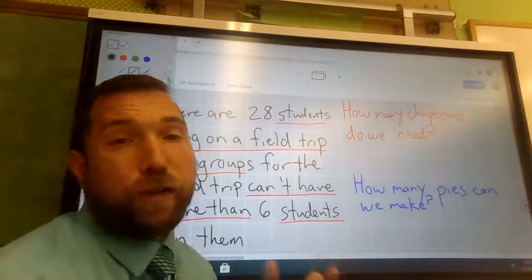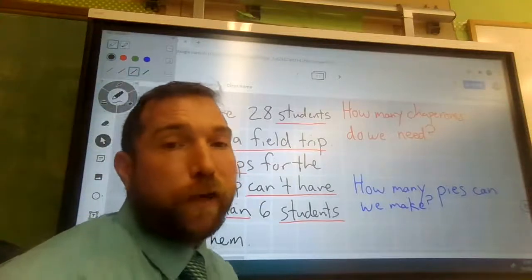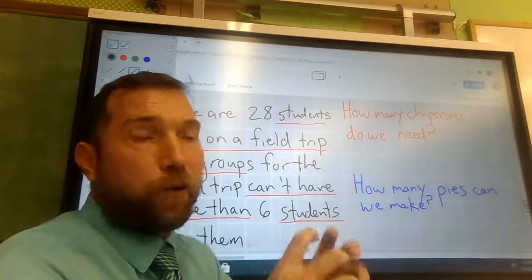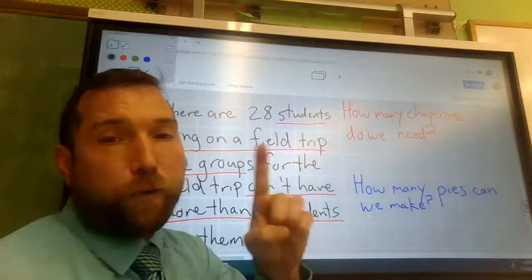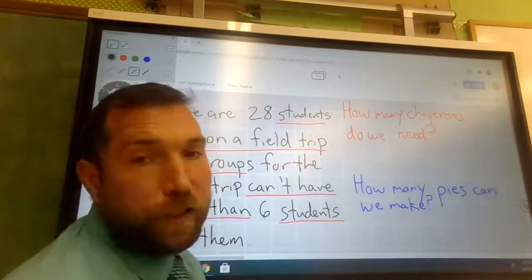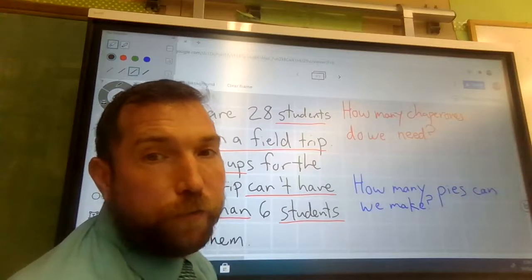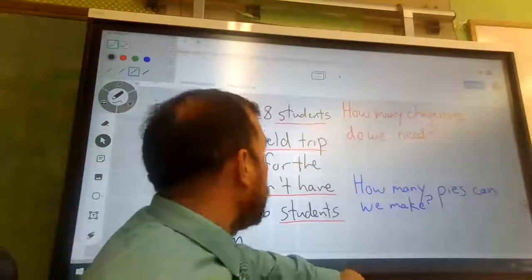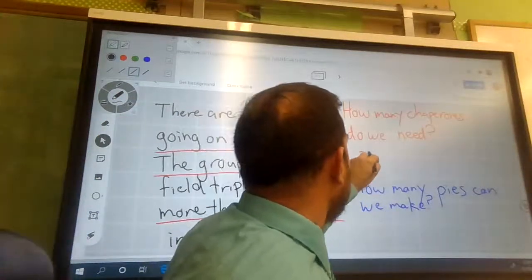So that's just a rule at, let's say, wherever we're going, the Museum of Science. They say groups of kids can't be more than 6 kids for 1 adult needed. It's kind of how many chaperones, or how many adults, do we need to come on the field trip. So when I'm doing 28 divided by 6,